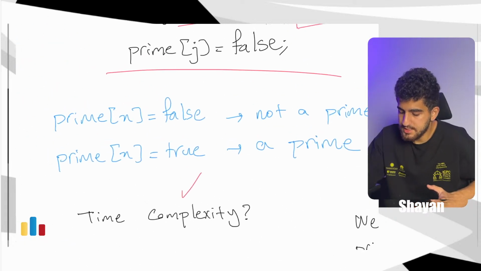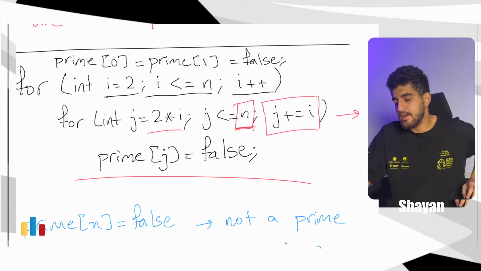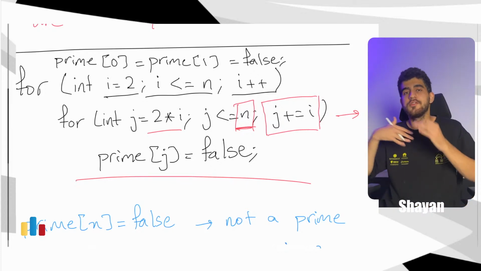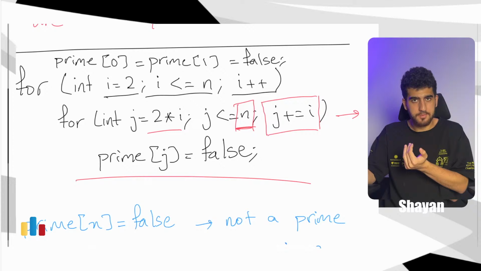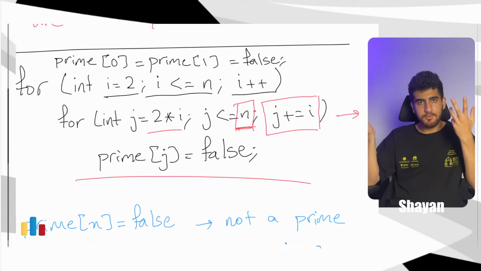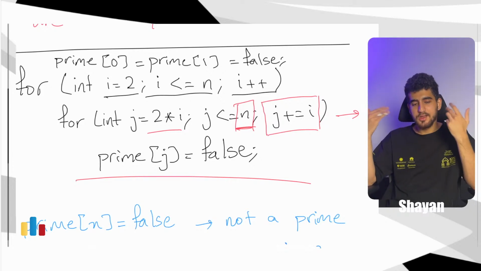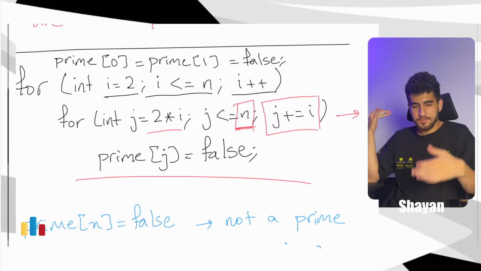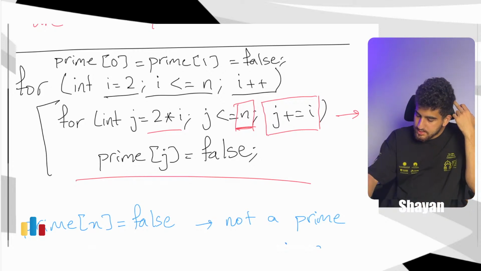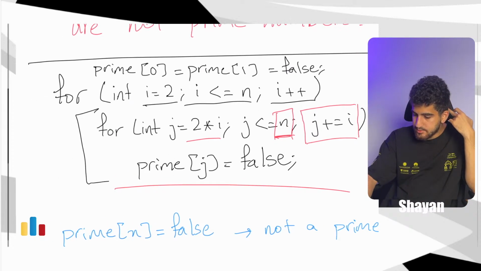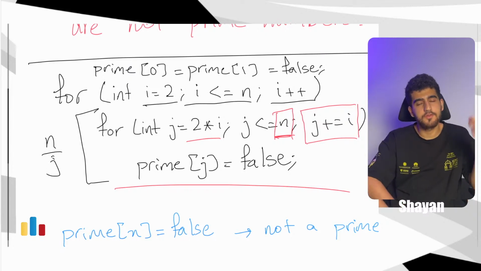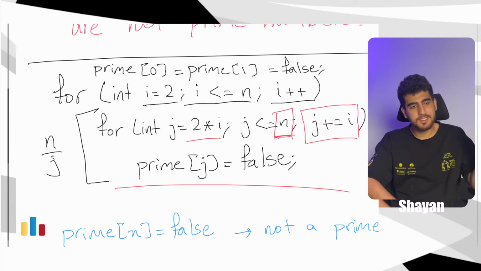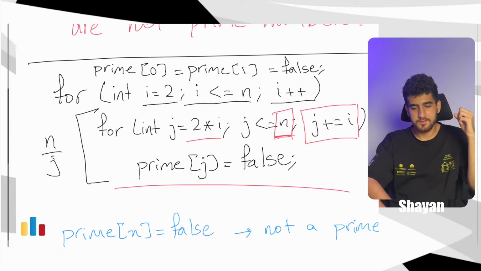The only thing that we did, we had a for i from 2 to n, i plus plus. In our second for, we were increasing our number by i each time. And this way we found all the prime numbers, and our order to do that was n log n. Because these parts will be executed n over j times, and this way you have n over 2 plus n over 3 plus n over 4 and so on. And this sum is n times the harmonic number of n, which is from O of log n. So this way it would work.